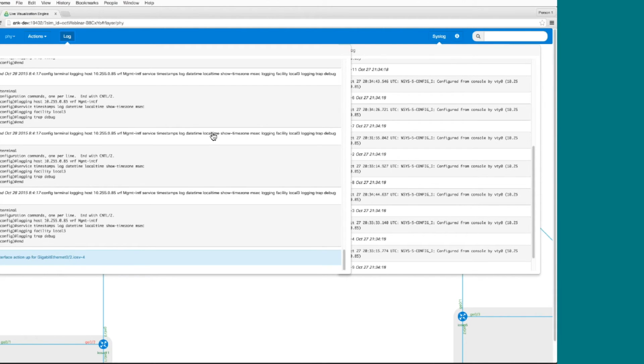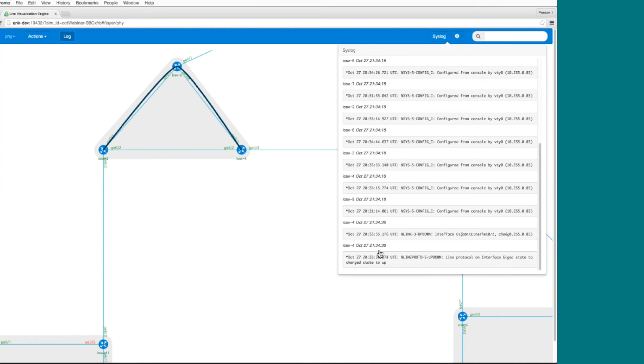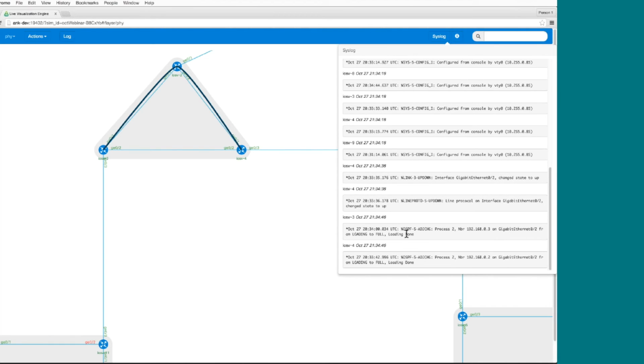We now see from iOS v4 that the interface line protocol up down has said that the interface is up. And we also now see iOS v3, which is the other end of the link, saying that it can now see iOS v4 on OSPF. It's gone from loading to full. So that's where it becomes quite powerful, to be able to see the other points responding to a change event.